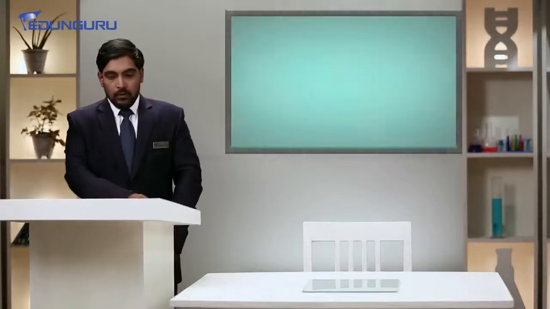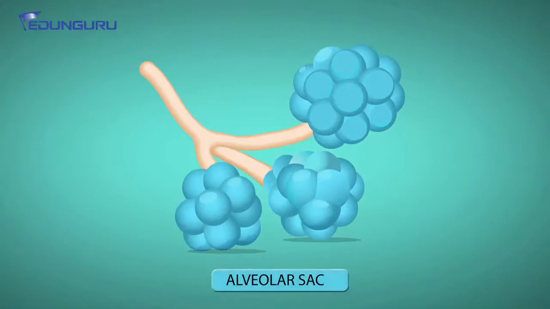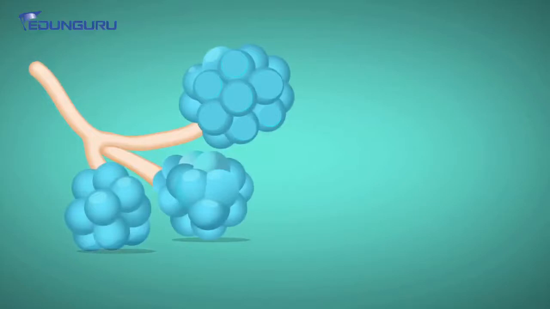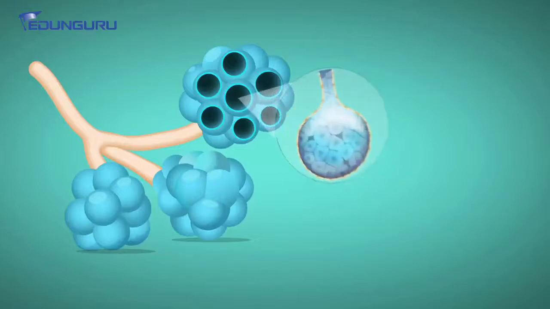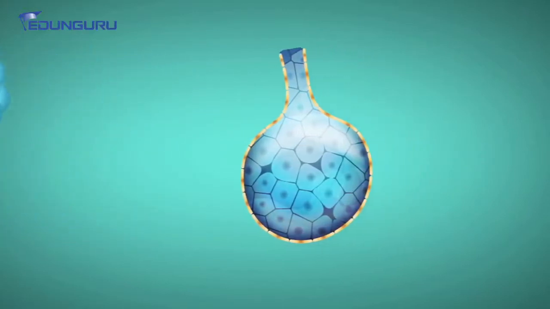Coming back to the topic which I left a little bit earlier related to alveolar sac. So, students, look at the screen. When we talk about alveolar sac, so this is the alveolar sac. Inside the alveolar sac, there will be lots of small grape-like structures, which I told you, will be alveoli. So, these are all alveoli. I will be taking one alveolus out. So, when I take one alveolus out, the structure is somewhat like this.